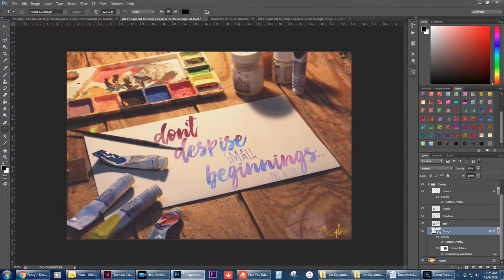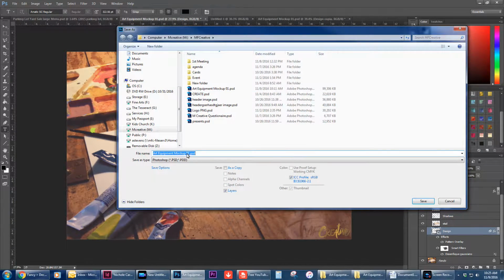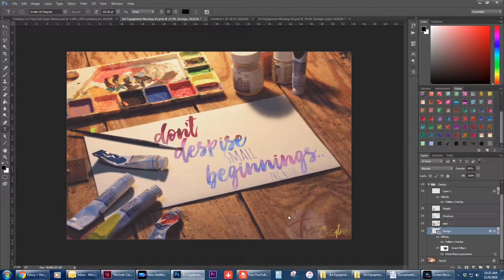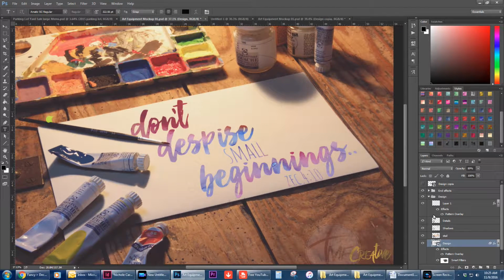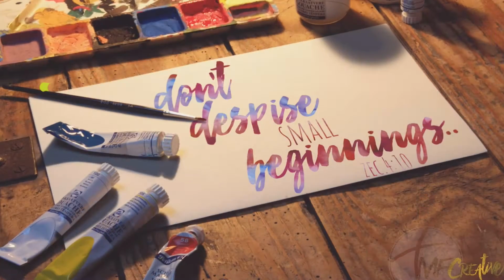And you save it as a JPEG right there. You already did it over here. Small beginnings, and you're done. So basically, the only thing I added to the document itself was the logo, which is a PNG, and that is right here. So you can see, you can just turn that on and off. I've got that made without a background, and you just drag it over, drop it in there, and size it accordingly. Save it as a JPEG,